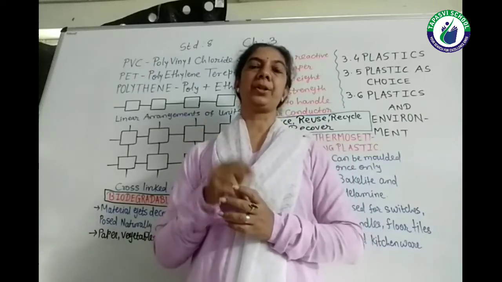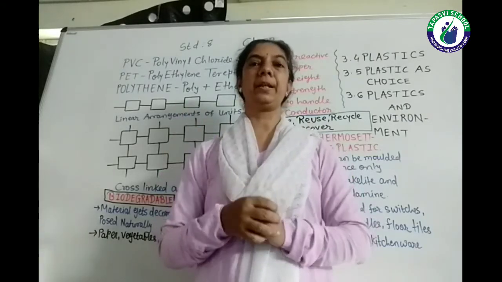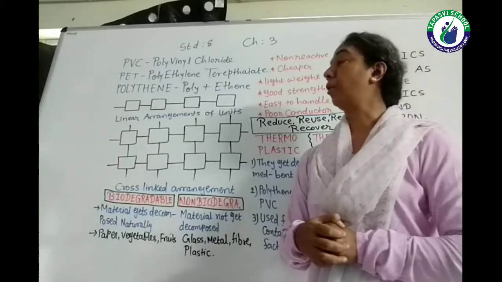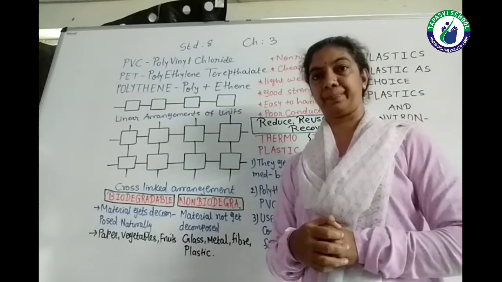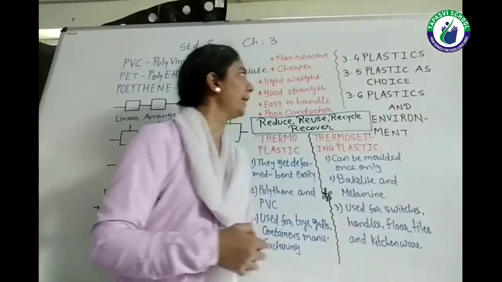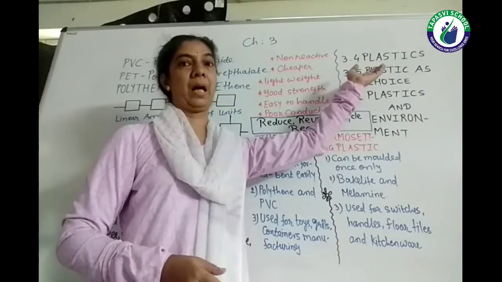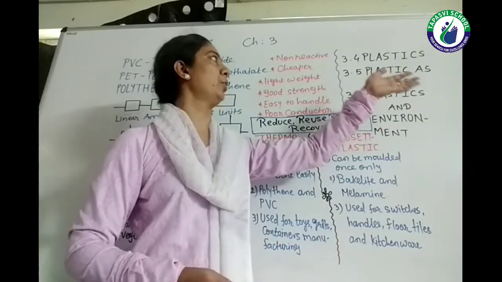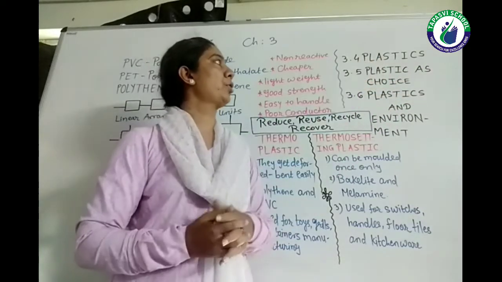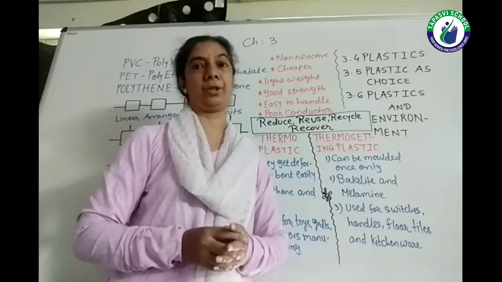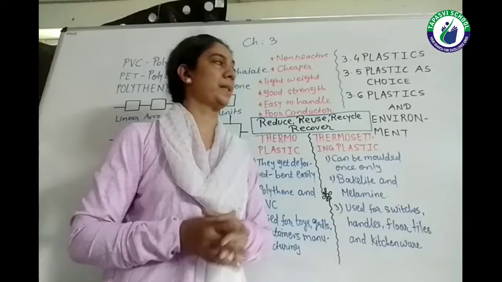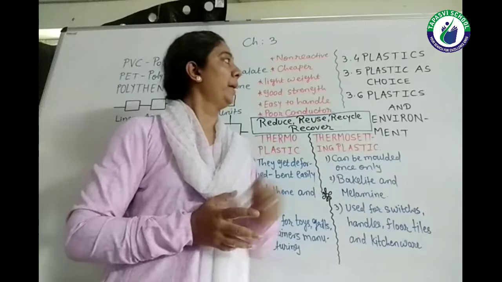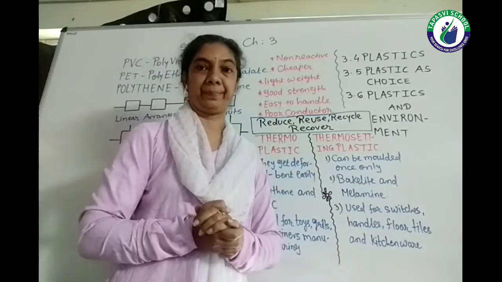Today, in the second lecture of the chapter Synthetic Fiber and Plastic, we are going to talk about the second part of the chapter, and that is plastic. The topics which are covered in that: plastics, how it is made up, what are the different areas in which plastics are used nowadays. Then the next topic, plastic material as a choice, why we are selecting plastic everywhere. And third, last point of the topic, that is plastics and environment.